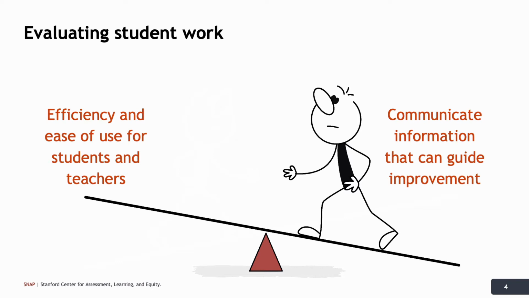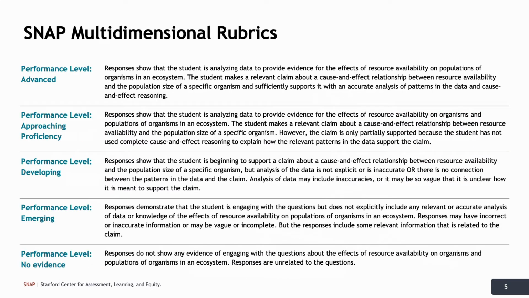Often, a rubric that doesn't communicate actionable information, no matter how innovative the assessment is in probing students' ideas, becomes reduced to a score or a grade, which can actually supersede any educative benefit of the assessment to students, since grades have the power to divert attention away from feedback that can support ongoing learning. For these reasons, the design of the SNAP multidimensional rubrics is oriented toward ensuring that information that can guide ongoing learning is in the foreground. This is a new model of rubrics that we developed specifically for guiding feedback on NGSS